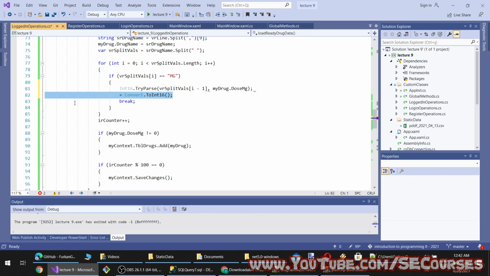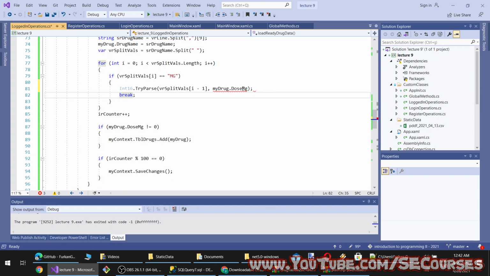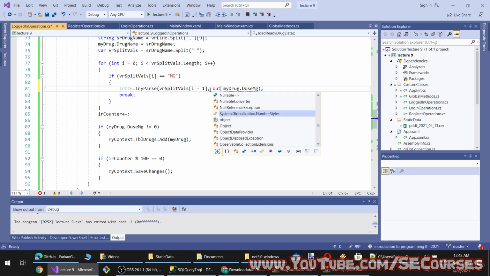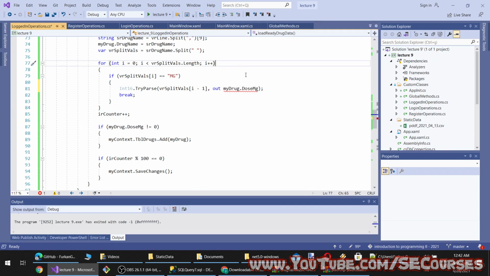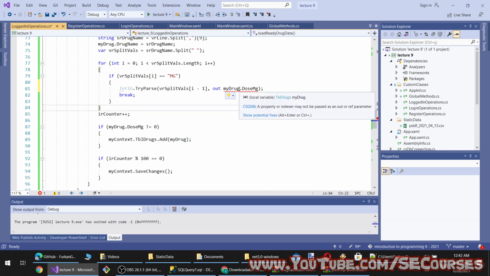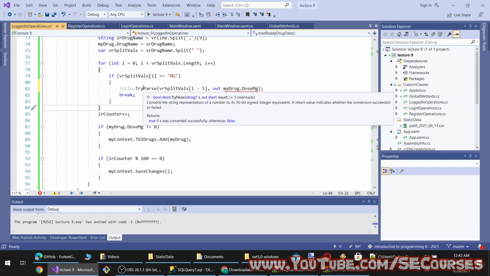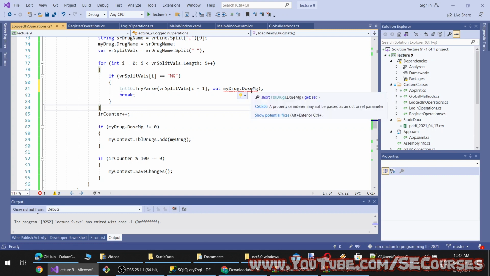Okay, so if it remains as 0, okay, why is it not working? A property or indexer may not be passed as an out or ref parameter.